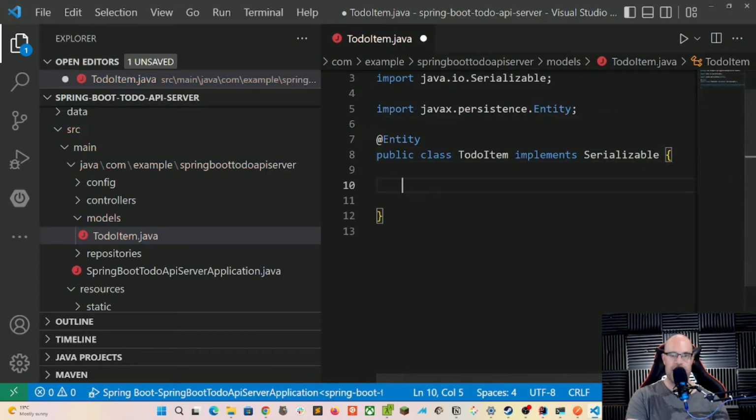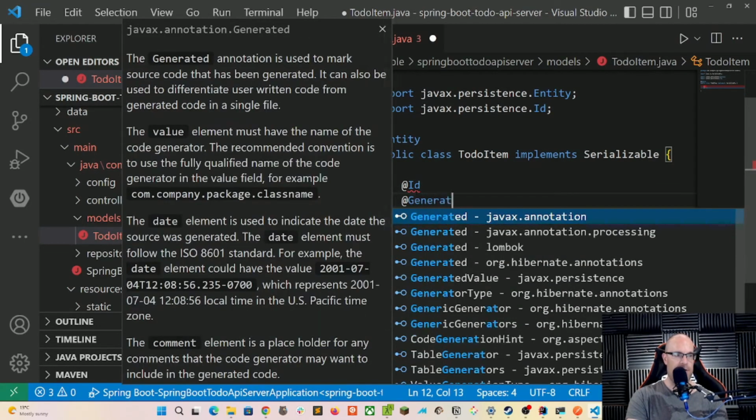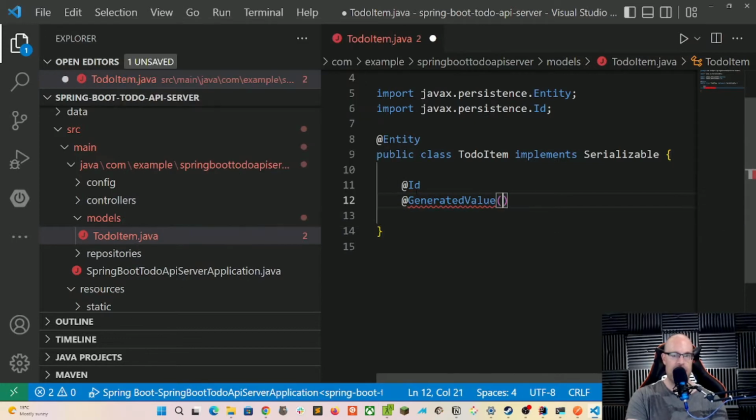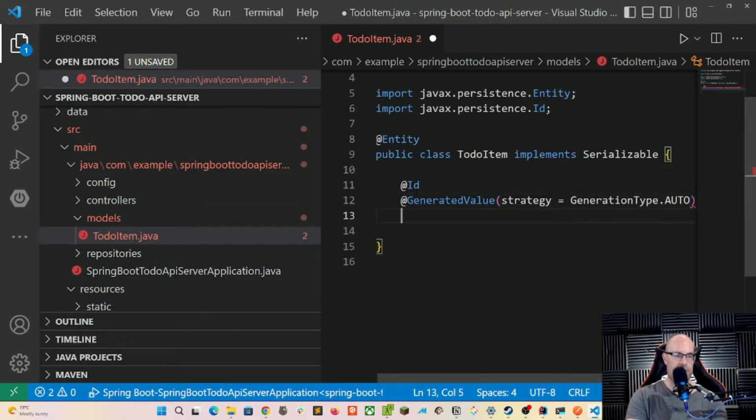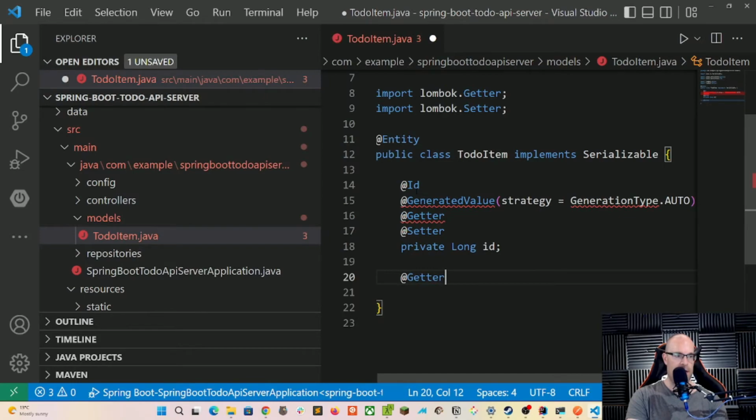Okay, and the first thing we're going to do, this is very similar to the TodoItem model that we created in the Spring Boot to do application. So the first one we'll be creating here is an ID and a generated value that the database will generate for us. Strategy is GenerationType, and then we'll just use AUTO. We could also use SEQUENCE, and let's make use of Lombok by having it automatically generate getters and setters for us. And so now we've got an ID, and then now we have a getter and setter for